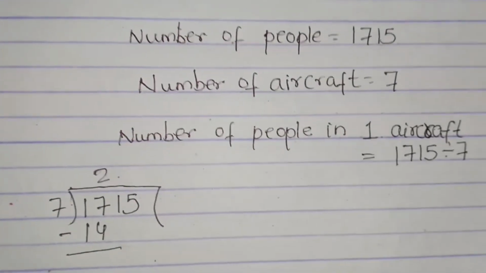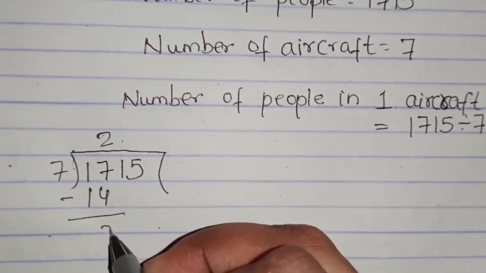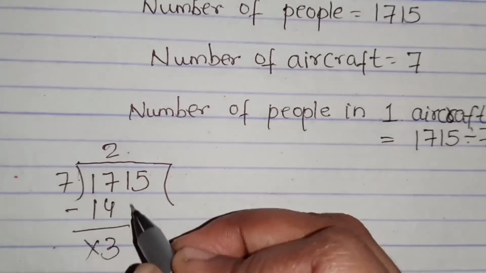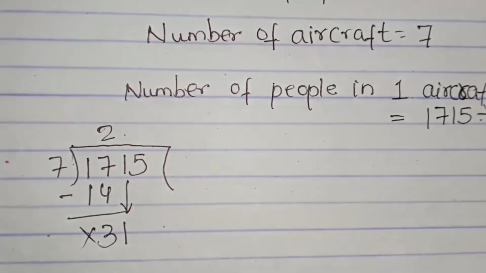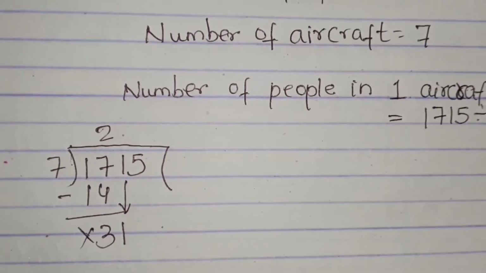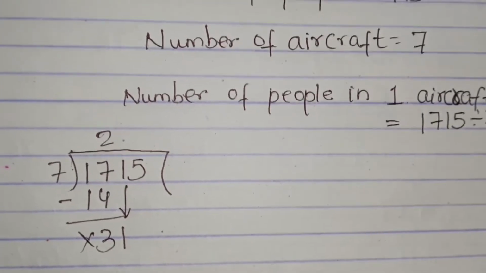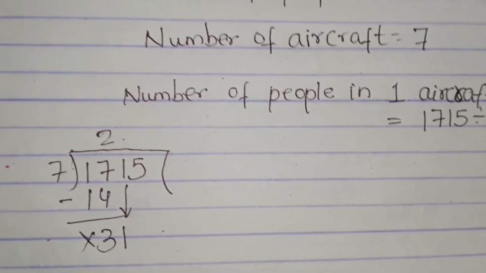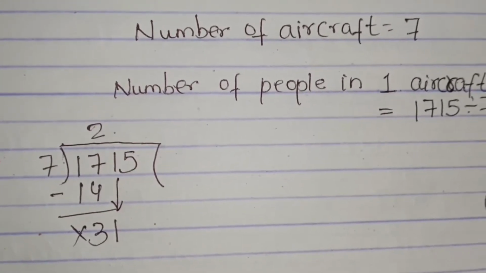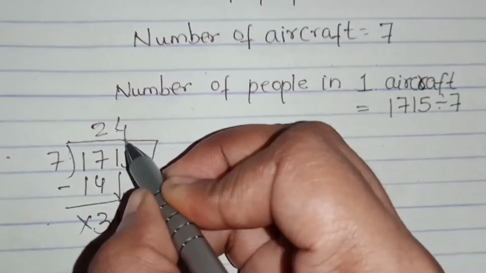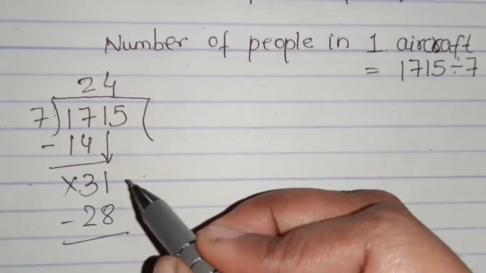Okay, now what I will do is that I will subtract. 7 minus 4 is how much? It is 3. 1 minus 1 is 0, so put the cross. Bring 1 down. In 7 table 31 is there. Let's read 7 table. 7 1 is 7, 7 2 is 14, 7 3 is 21, 7 4 is 28, 7 5 is 35. So 7 5 is 35 is there, that is more than 31. 7 4 is 28 is there, that is less than 31. So we will take 28, that is 7 4 is 28. 7 4 is 28.